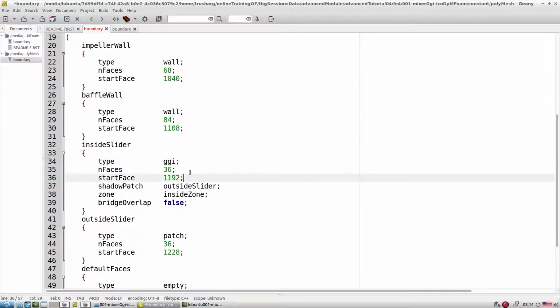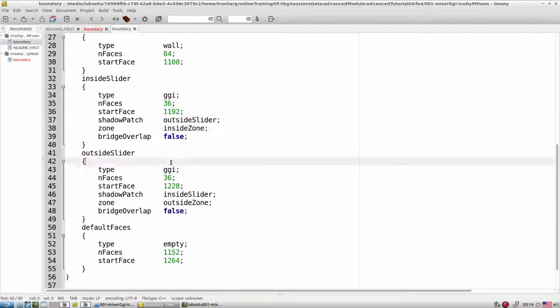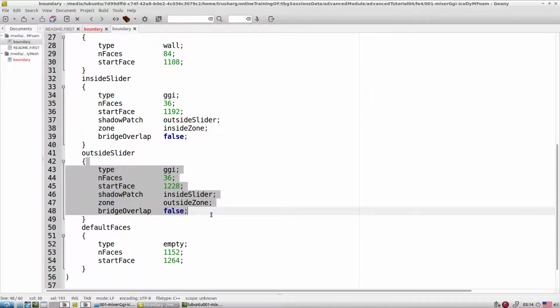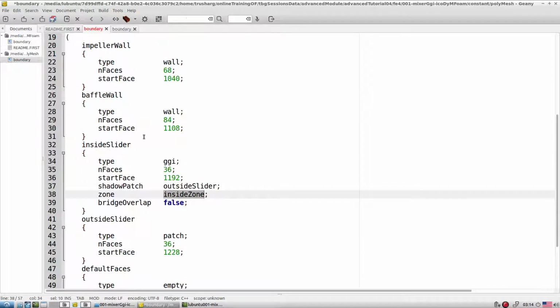We have a GGI, and for the inside slider its shadow patch is the outside slider and the zone is the inside zone. So we construct the zone to take into account this GGI interface. The same way for the outside slider we have this setting. Let's quickly adapt all these changes here.